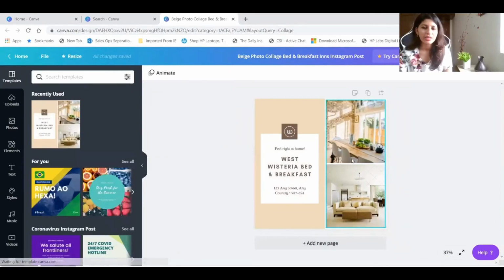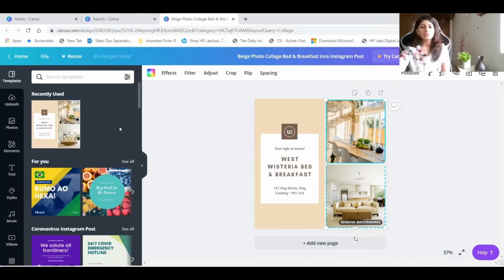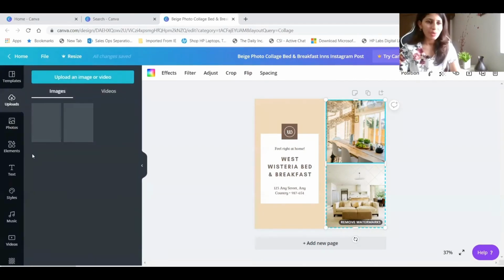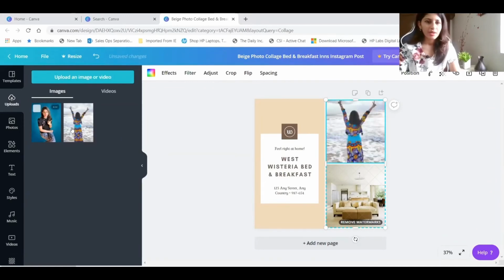And you see there are 2 different pictures over here, and imagine I want to change the picture to something different. Imagine I want to do this as a photography session or a photography workshop. Let me explain it that way. So first, I want to upload one of my pictures and replace this picture. Let me put this picture over here. No, let me put this one.